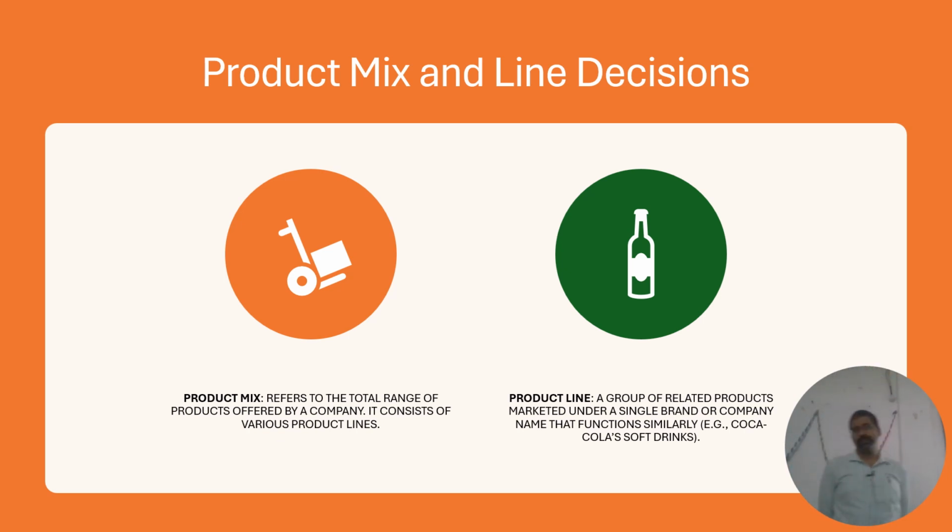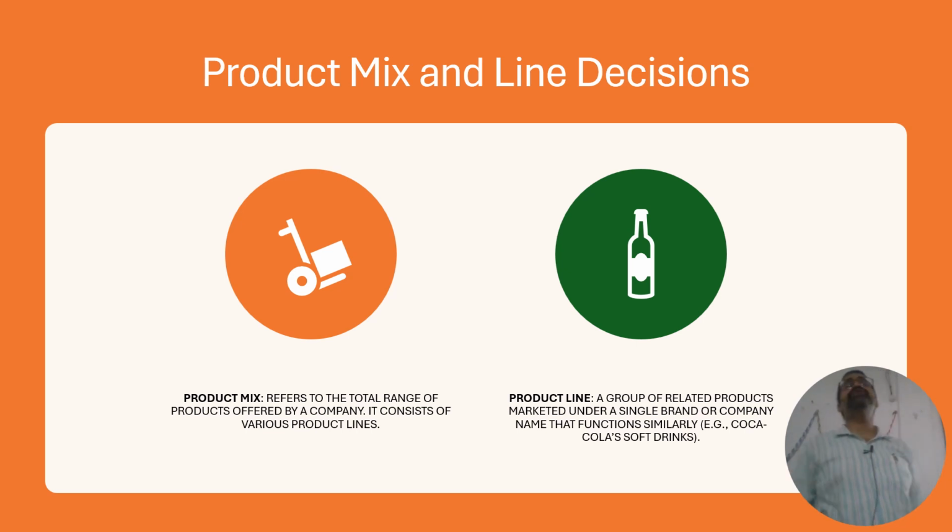So product mix and line decisions, boys and girls, particularly. If you look at Dove, if you want to have a collection of Dove, you can have a bathing soap, bath lotion or shower gel, shampoo, conditioner, and body lotion. The soap, shampoo, conditioner, body lotion, and they didn't enter the market of perfumes, they didn't enter the market of fragrances, right? So that's what we talk about. Product mix. How many products are we offering?